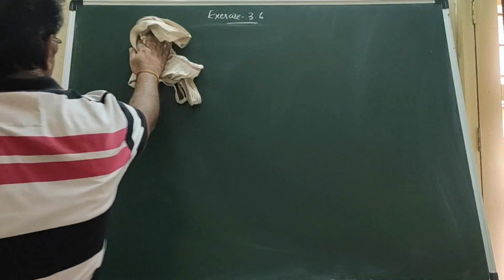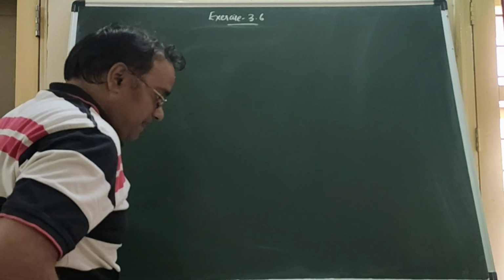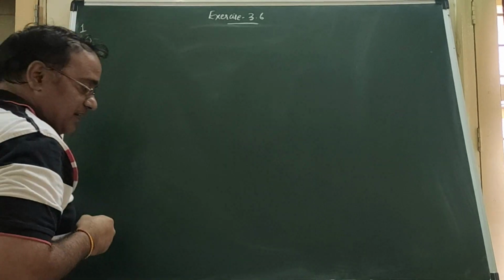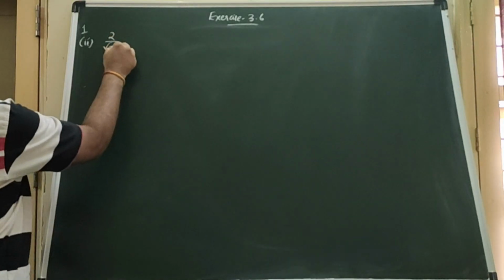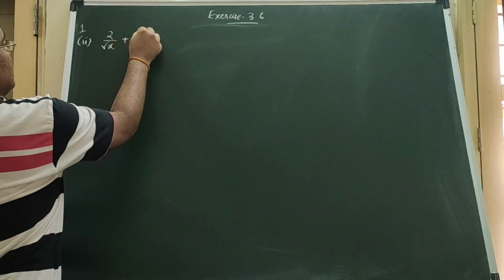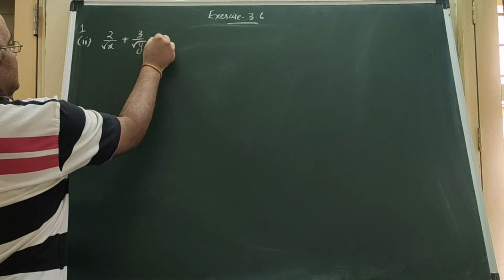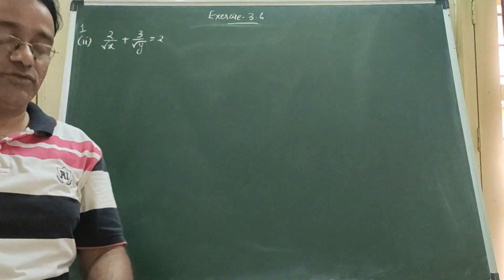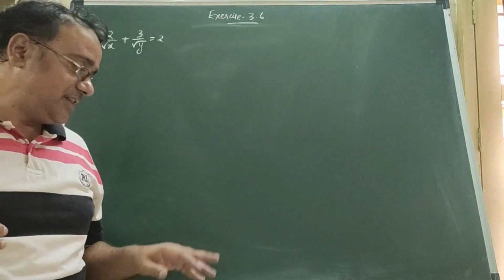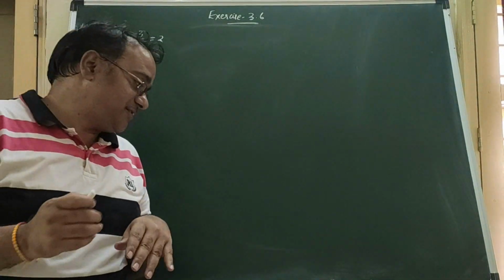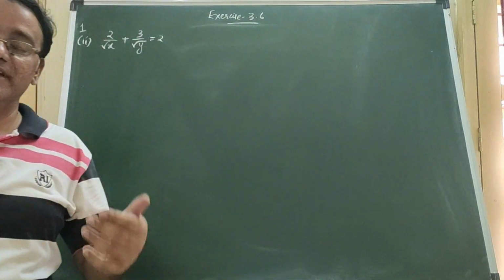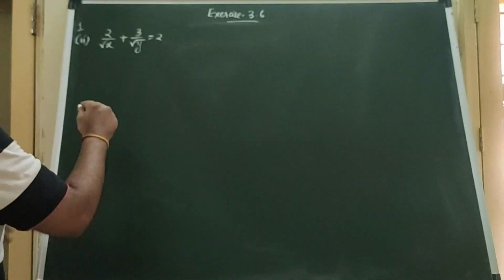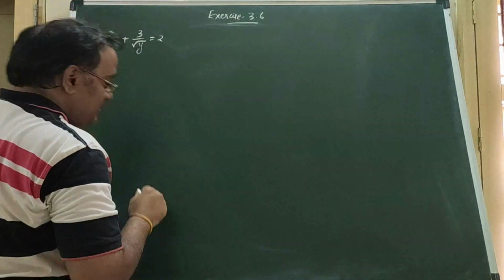Okay. Now second bit. Second bit of the first question: 2 by root x plus 3 by root y is equal to 2. Now for all the questions we are not going to use two methods because in the question it is written that solve the following pairs of equations by reducing them to a pair of linear equations. So हम लोग क्या करेंगे, उसको reduce करने के बाद solve करेंगे, right? So second equation is